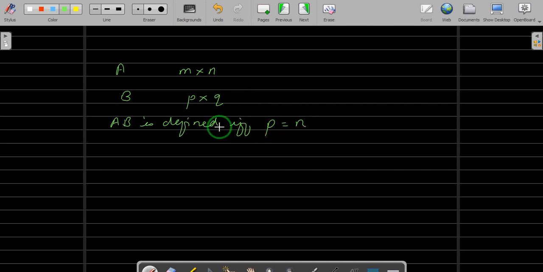It means in words, the number of columns in the first matrix A should be equal to the number of rows in the second matrix B.